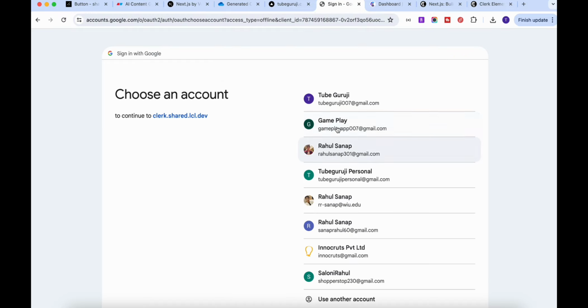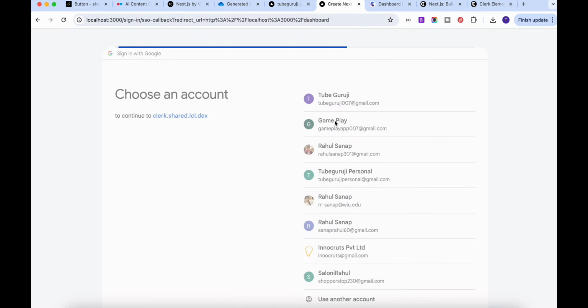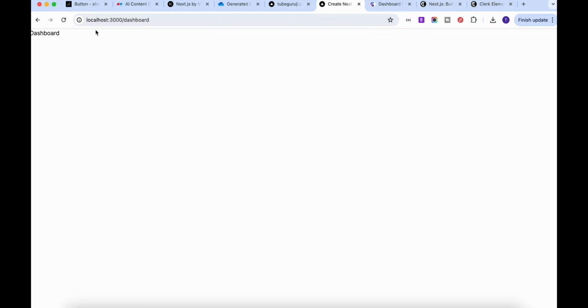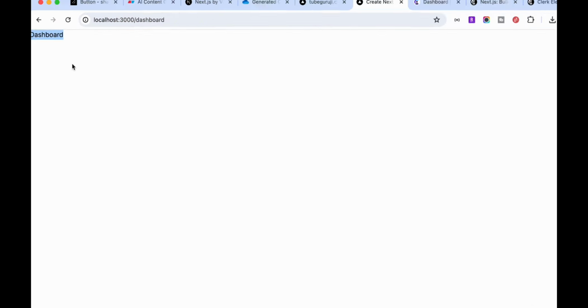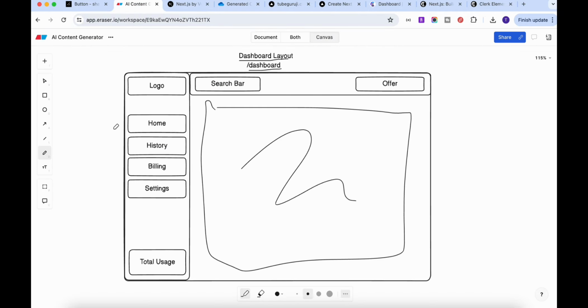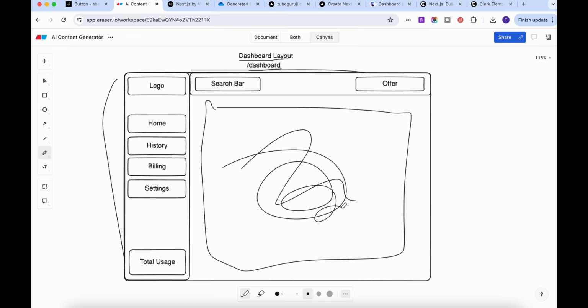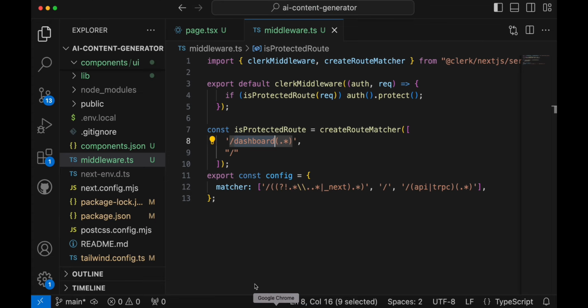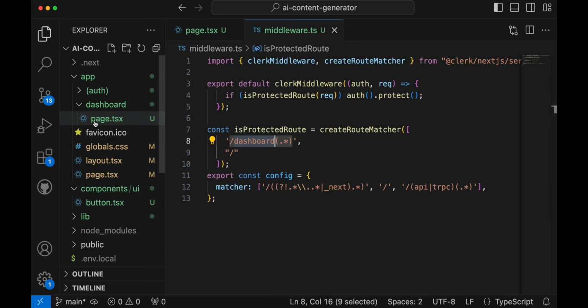Now, let's authenticate. I will sign in with Gmail, and then automatically you will see it's getting routed to the dashboard page. Okay, but as I told you, on the dashboard we want to show the sidebar and then the header, and inside that we want to show all of our pages, right? So in order to do that, we have to add, inside this dashboard, we're going to add